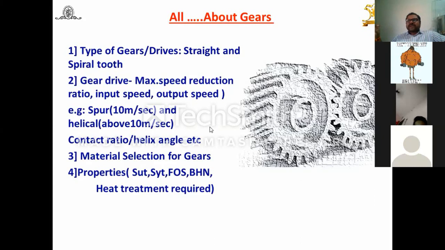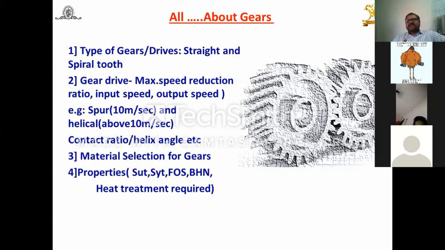As the helix angle is going to increase, how to decide this helix angle? Whether to take 12, 15, 19, 20, or 22. As the helix angle increases, it has an advantage: contact ratio. This means the pairs of gear teeth in mesh increase, maybe more than one pair, up to 1.8 or two pairs engaged. But at that time an excessive thrust is induced on the gear tooth. This is a limitation, which is why it should be within the limit.